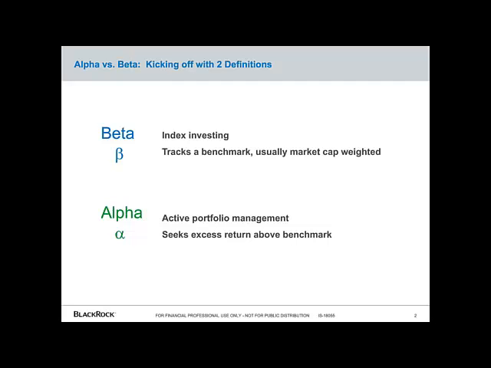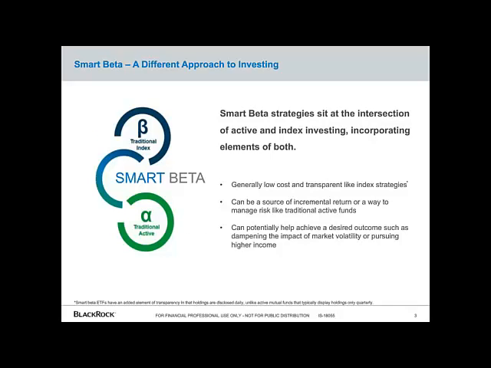Now, what this means is that we're now seeing a rise of a hybrid breed of investment products that leverage scaled, low-cost screens to deliver on exposures that can provide alpha in a portfolio. So smart beta is basically combining some of the best of both beta and alpha, active and passive exposures, by delivering in a very low-cost, transparent form exposure to sources of risk and return that were previously only available at a really high price.